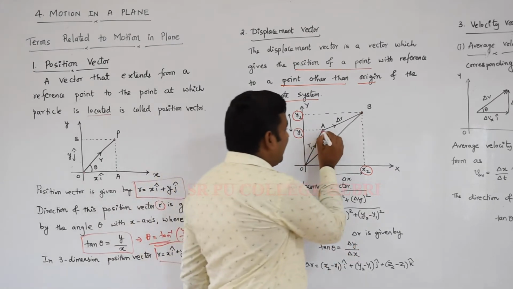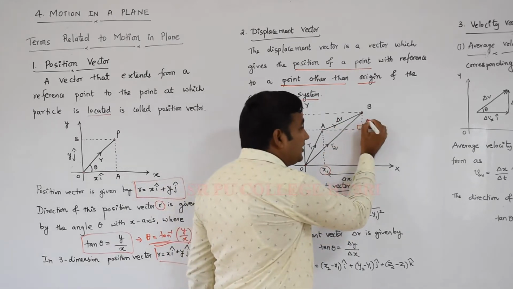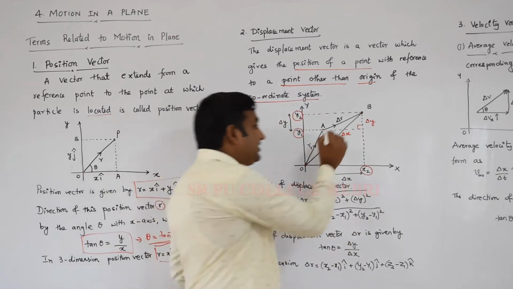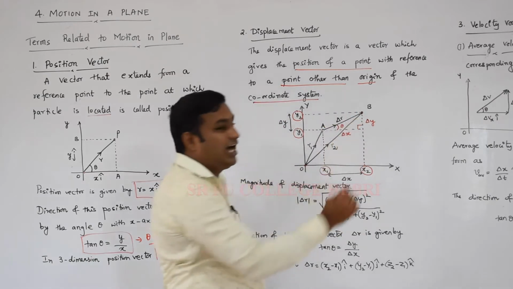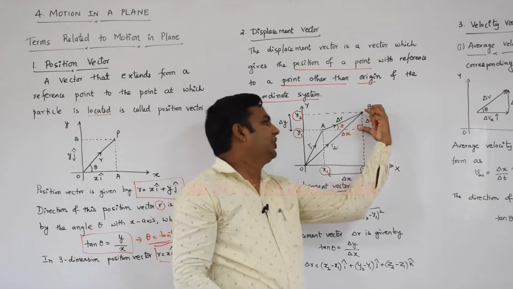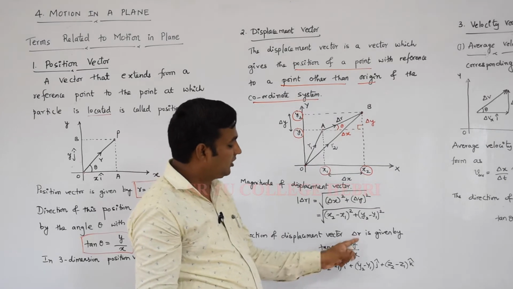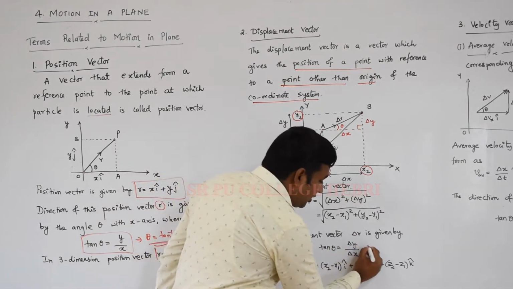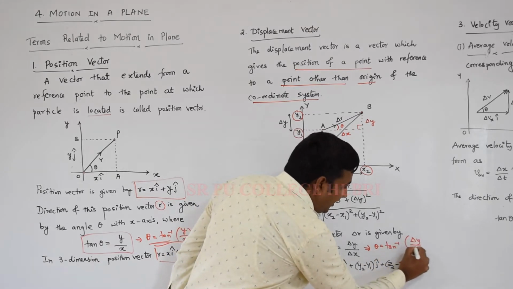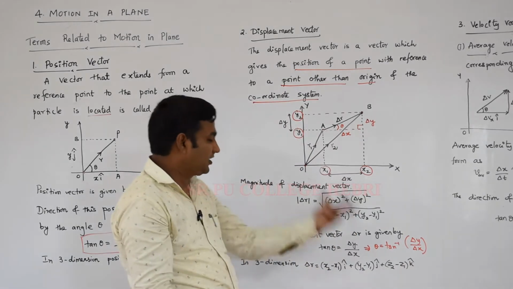You have to think about this right angle triangle. Automatically this component is delta y, this component is delta x. This particular angle we call the direction of the position vector. That direction can be taken as the delta y component divided by the delta x component. Tan theta is equal to delta y by delta x. That gives theta is equal to tan inverse of delta y by delta x, which is the direction of the position vector or displacement vector delta r.